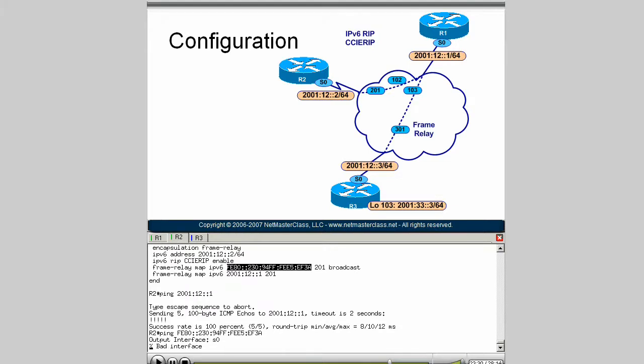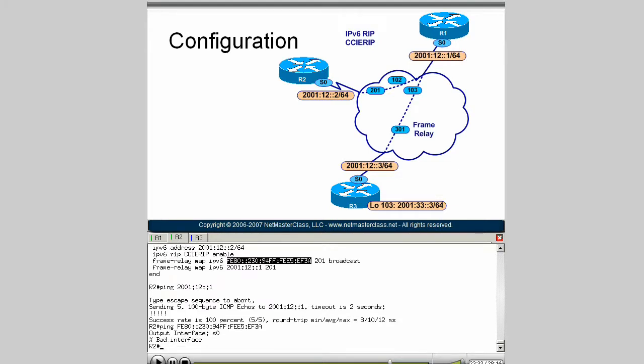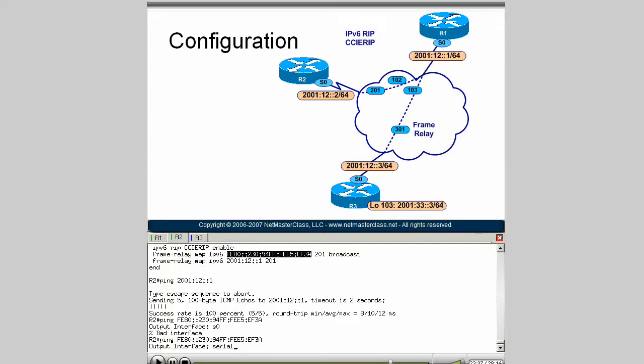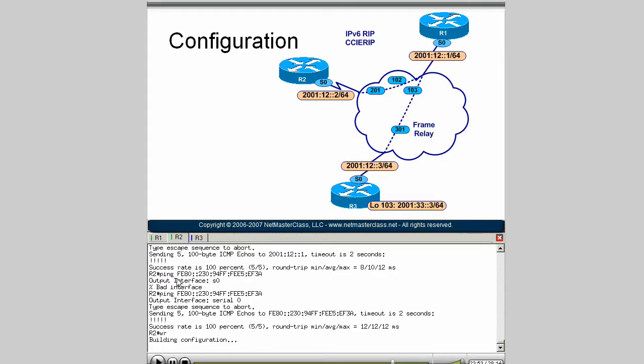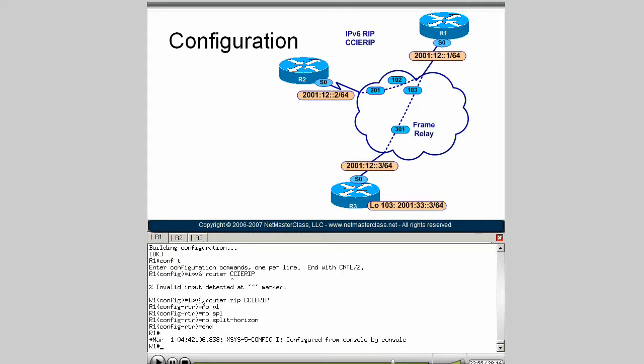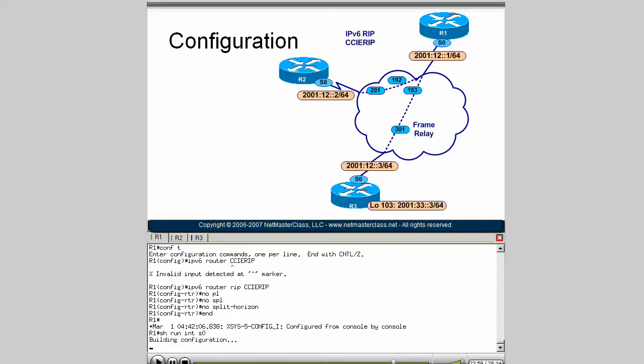The output interface here will be serial 0. It's not going to let me do that, is it? I probably need to spell it out. Okay, good. So we verified R2 is fine to the link local and the global unicast to R1. So things look good here. I'll go ahead and save my config on R2 and let's go over to R1, show run interface serial 0,